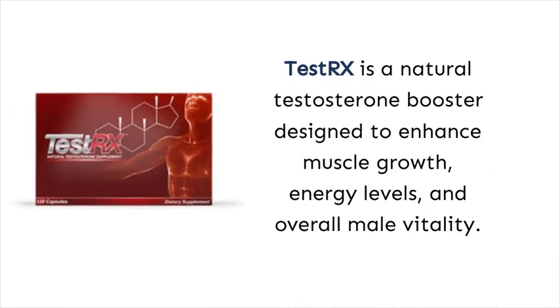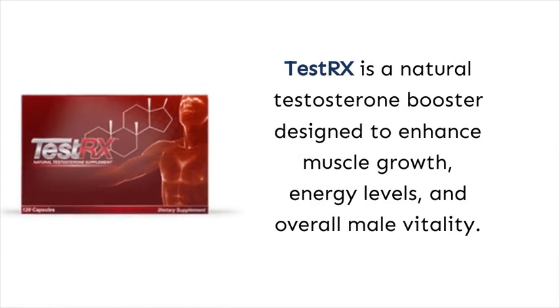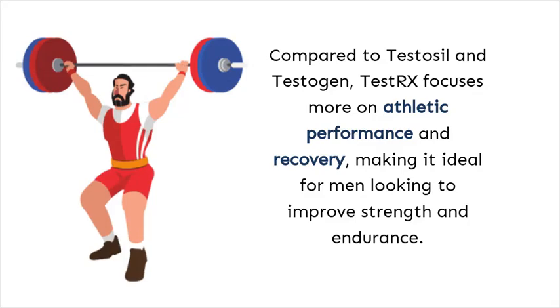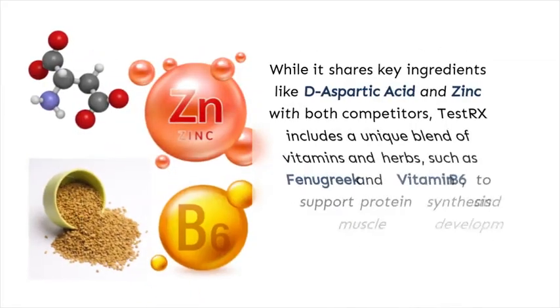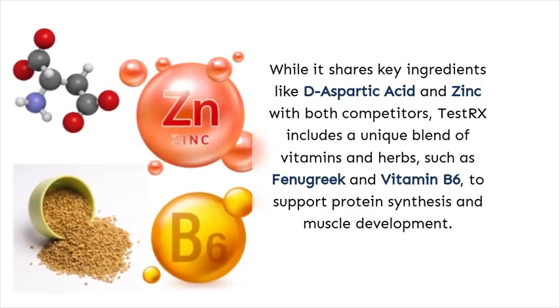TestRX is a natural testosterone booster designed to enhance muscle growth, energy levels, and overall male vitality. Compared to Testosil and Testogen, TestRX focuses more on athletic performance and recovery, making it ideal for men looking to improve strength and endurance. While it shares key ingredients like D-aspartic acid and zinc with both competitors, TestRX includes a